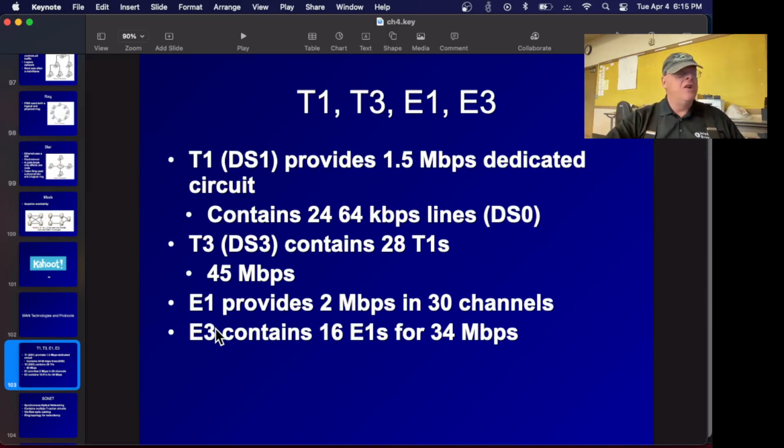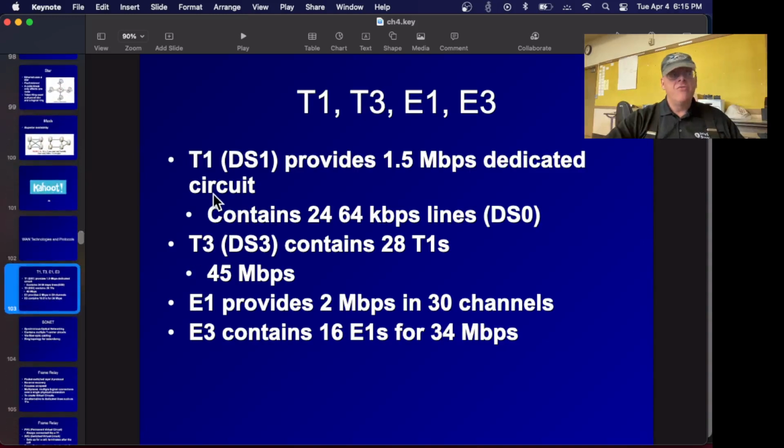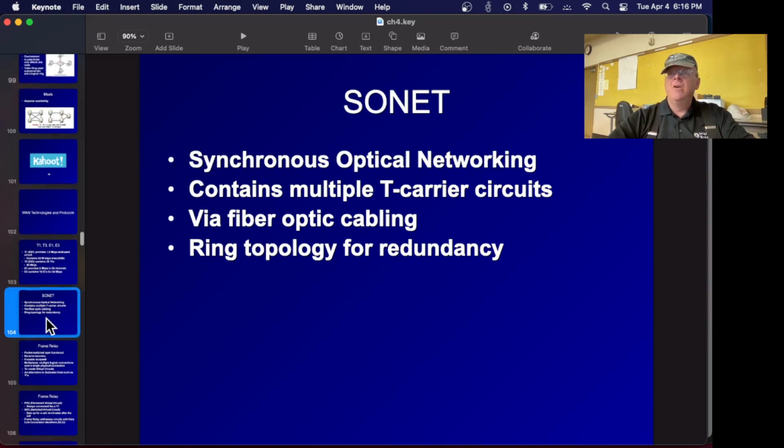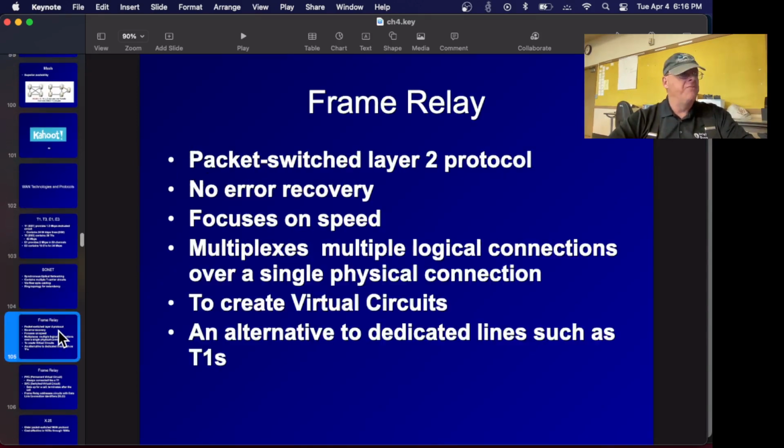These are internet connections you can purchase if you want a lot of bandwidth. Or you can also get fractional T1s or fractional T3s where you're just getting part of the bandwidth of a cable which is shared with other people. SONET is what you get if you want a really high-speed network connection. Synchronous optical networking is all over fiber and a ring network, and you can get up to ridiculously high internet speeds and pay tens of thousands of dollars a month for it. This is what you get if you're like a data center with a whole bunch of powerful servers or something.